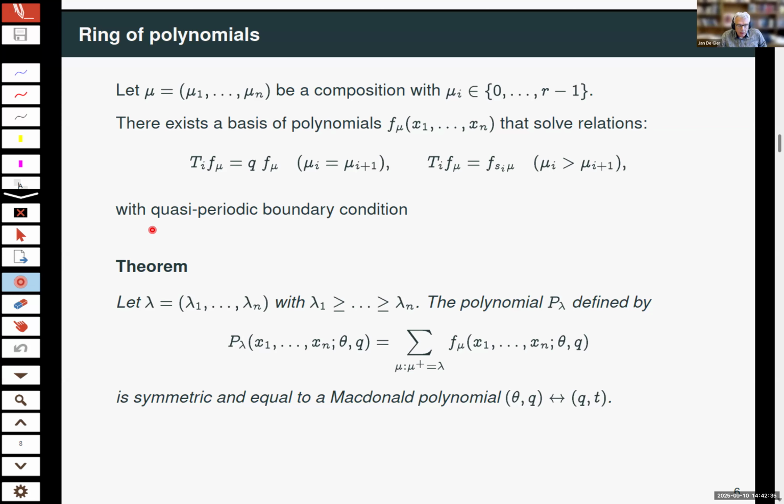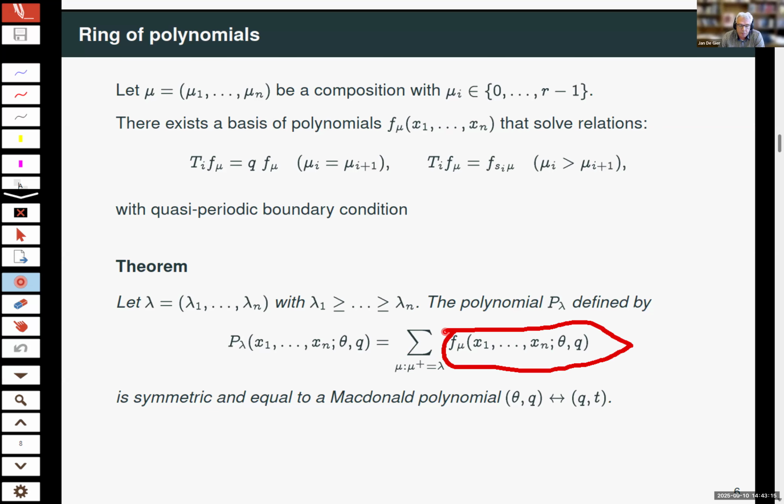And then there is a quasi-periodic boundary condition, like some cyclic condition that I don't want to give explicitly here. But what I do want to state is that for this family of functions, if you sum over all of these functions, so I'm going to sum over all permutations of a partition. So if I order all the mu's in weakly decreasing order, as per Ole's talk, in a partition, and sum over all permutations,